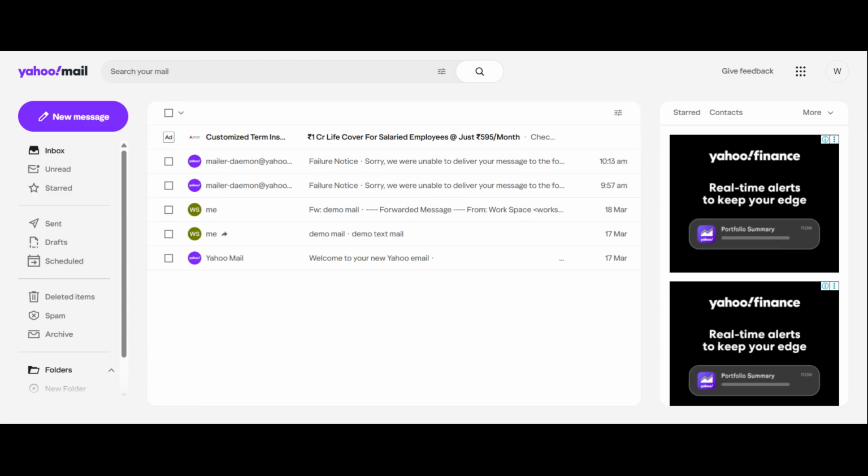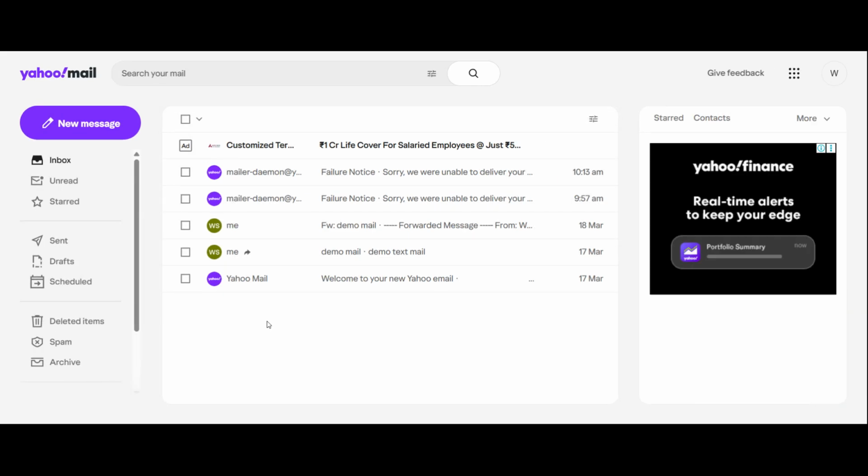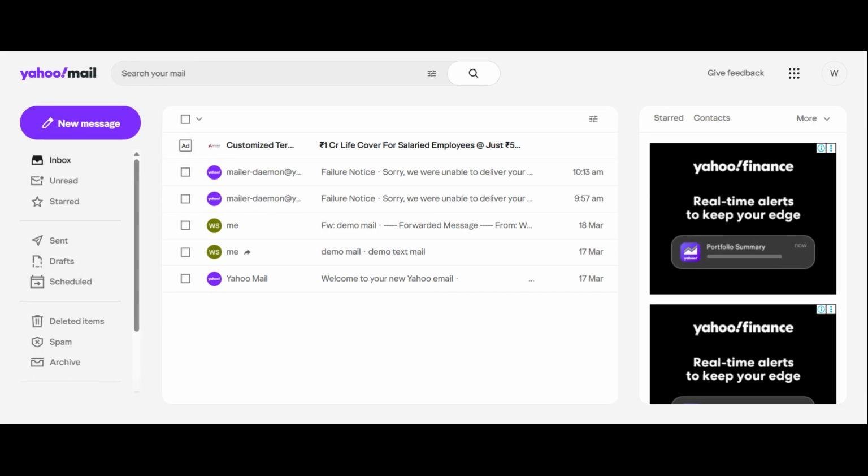First, open Yahoo Mail in your web browser. Once your inbox is loaded, click anywhere on the page so your browser is active. Now on your keyboard, press Ctrl and the plus key at the same time. That is Ctrl plus plus. If the text does not get large enough after one press, keep pressing it multiple times until the font looks